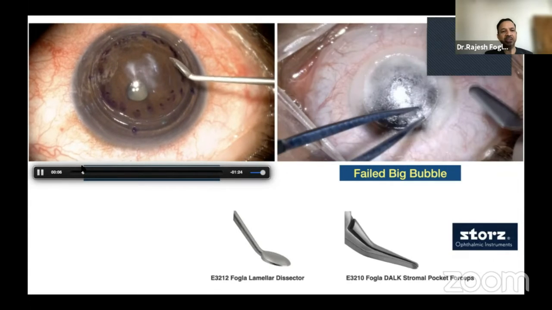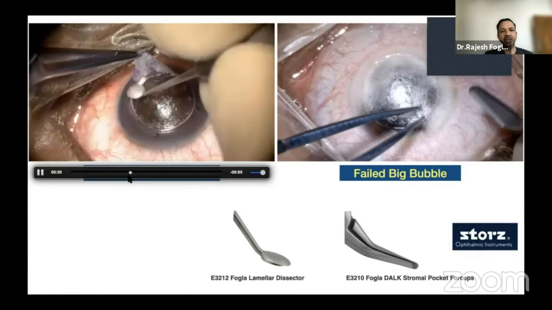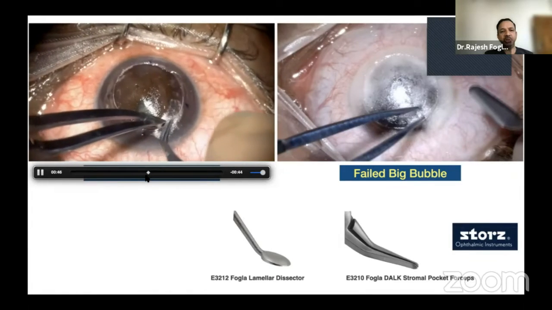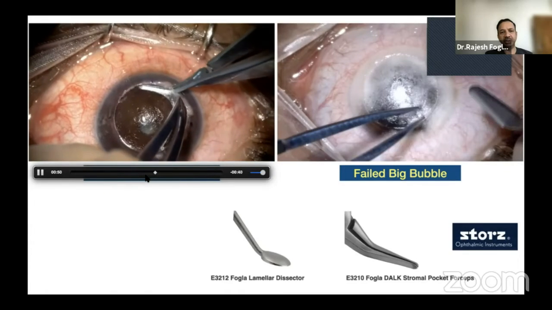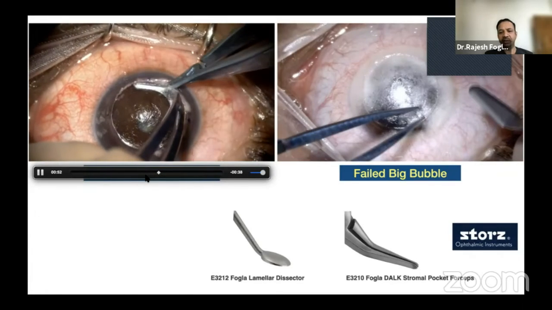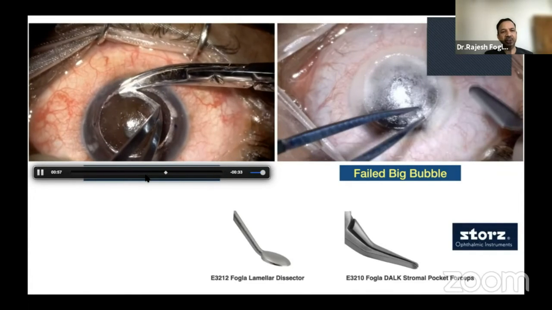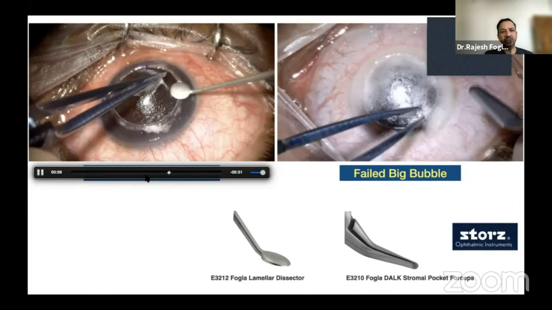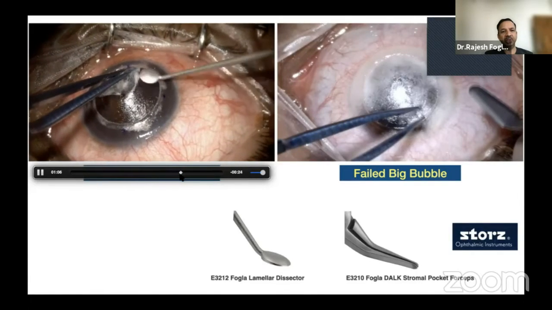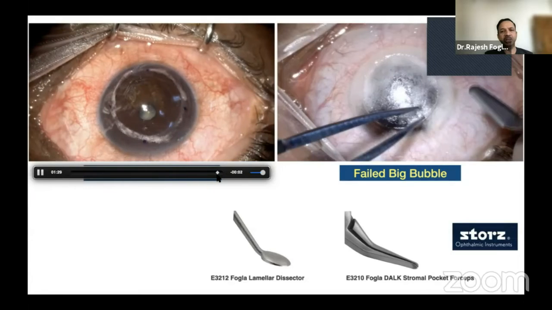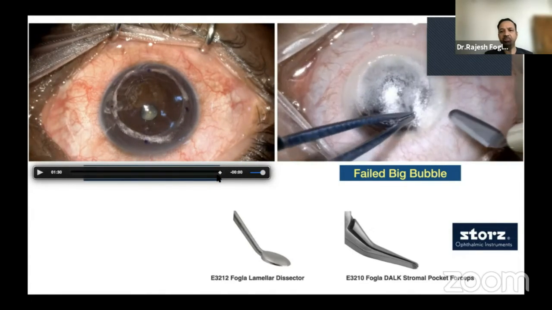In the manual technique, basically you are doing a deep trephination followed by an initial debulking, after which you make a peripheral pocket, and you can use a scissors to make this groove. I have designed an instrument called the pocket forceps, with which you can go circumferentially to create a groove which is then opened up. The rest is similar to Melles' peeling technique, where you peel off the anterior stroma. This helps you achieve a good deep plane. This can also be done in failed big bubbles.